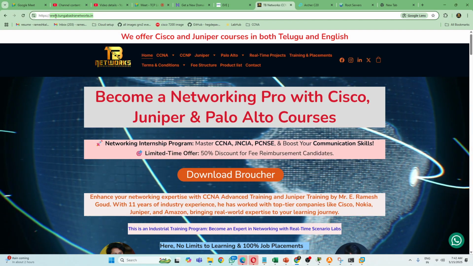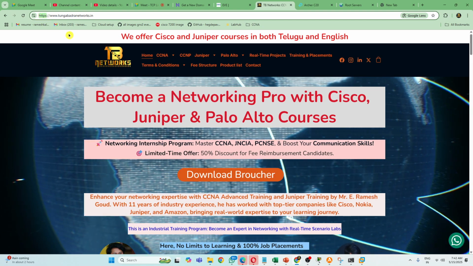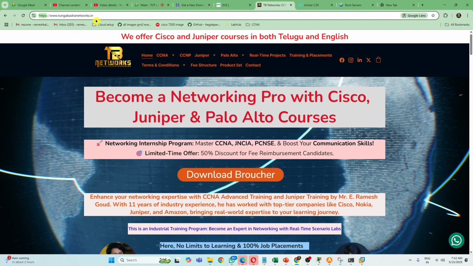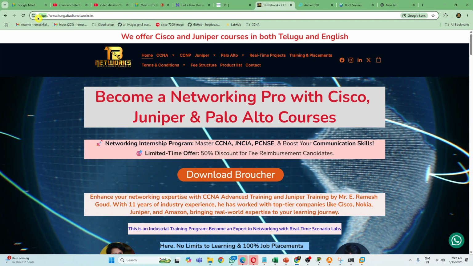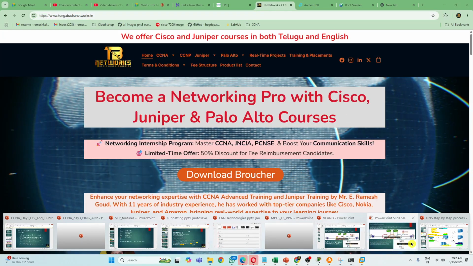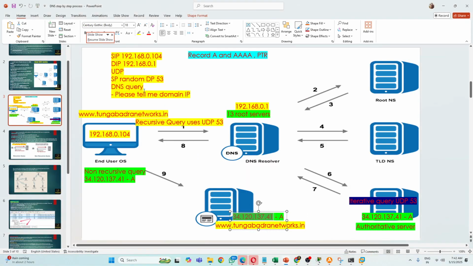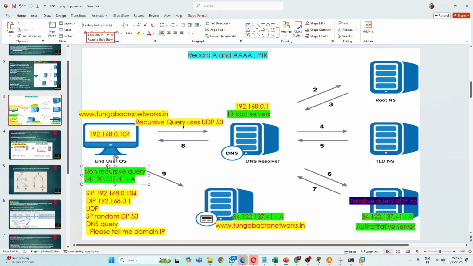So this domain is establishing a connection with HTTPS, yes or no? Securely it is connecting to my website. So what is the HTTPS port number, the TCP port number? 443. Yes, 443. Now it is establishing a connection with the server.